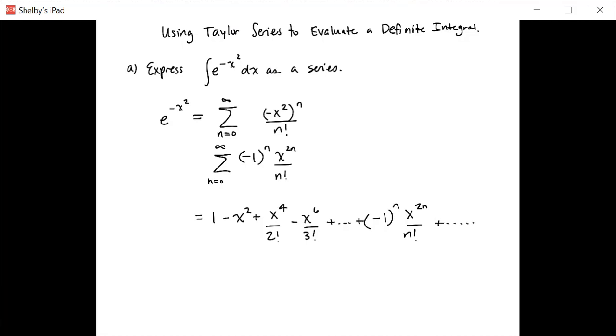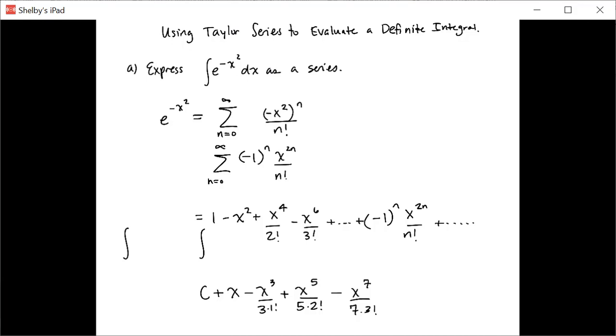And so when we integrate both sides, we get the constant of integration plus x minus x cubed over 3 plus x to the 5th over 5 times 2 factorial minus x to the 7th over 7 times 3 factorial, leaving those factorials in there just to try to make